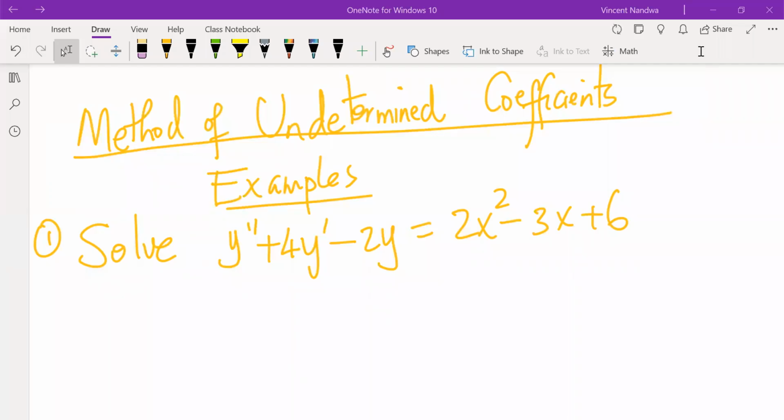Welcome back. So in this session, we are going to illustrate how to solve differential equations by method of undetermined coefficients. So example 1 is to solve y double prime plus 4y prime minus 2y equals 2x squared minus 3x plus 6. Now to solve this,